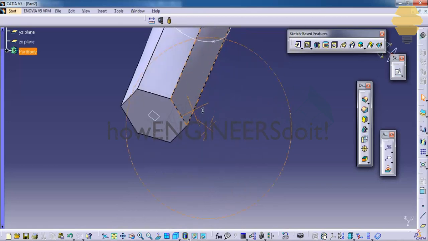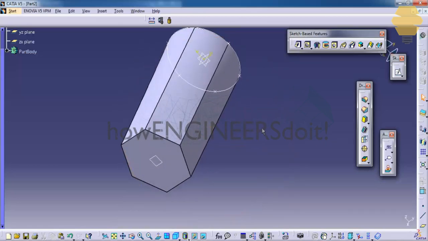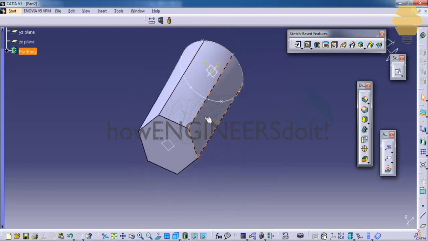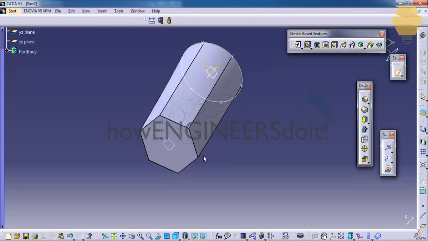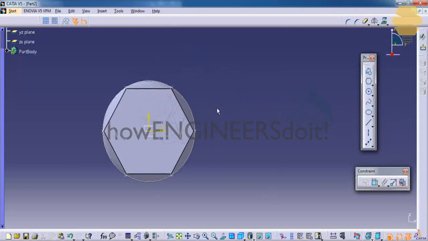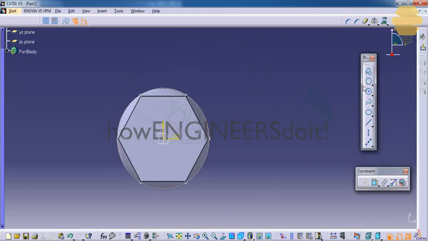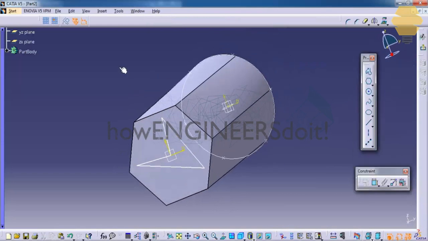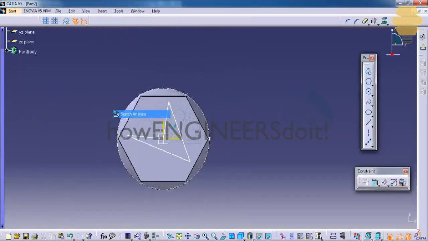Now let's see how you can use the multi-section remove. In order to use the multi-section remove, we need to have a solid. As we have a solid here, let's continue with the multi-section solid creation. Now click on the sketch and get into the sketch, and this time create a profile which has 4 edges. Make sure that the profile is closed. In order to do that, go for the sketch analysis, make sure it's closed,